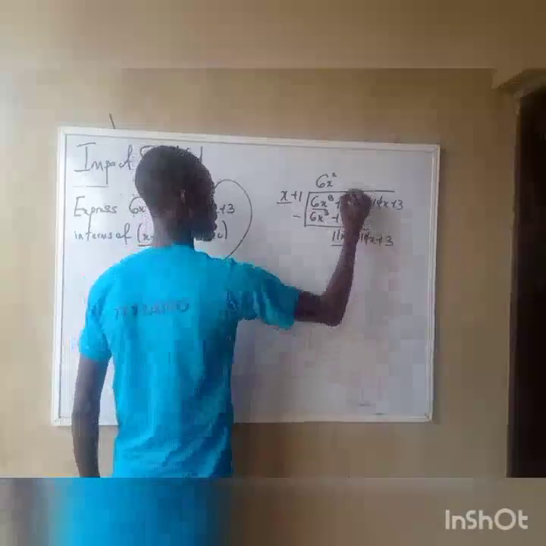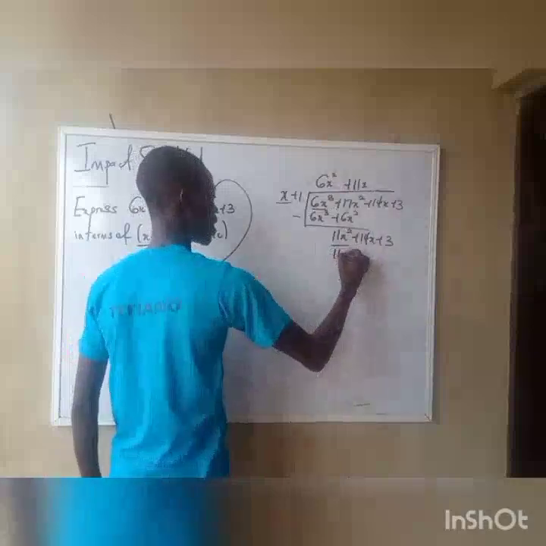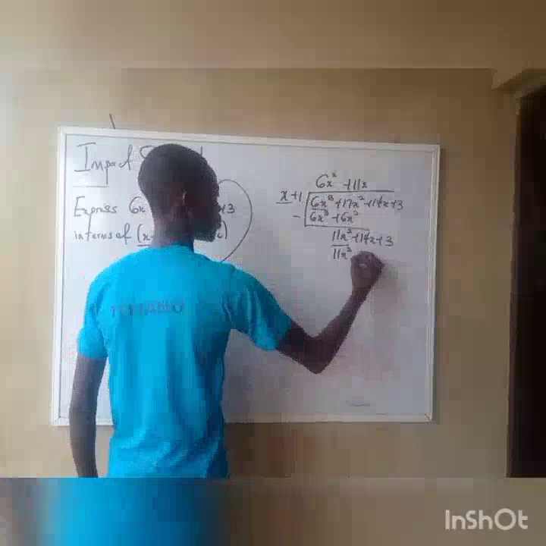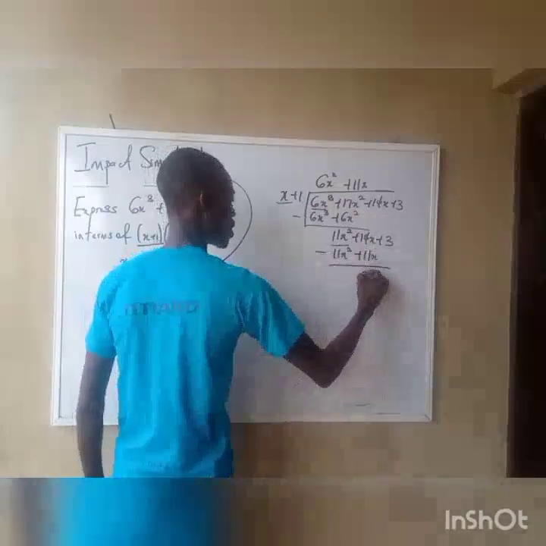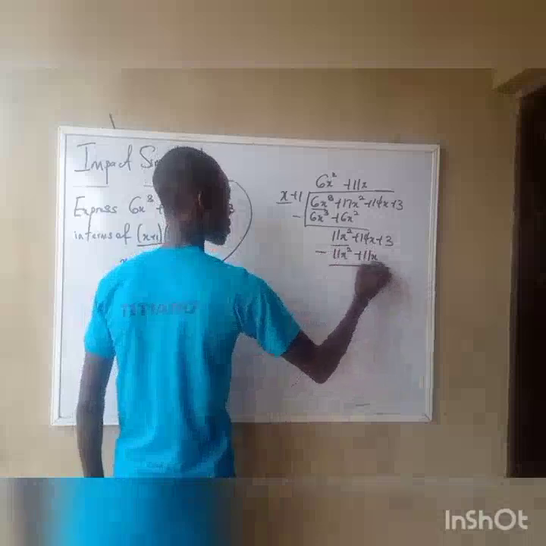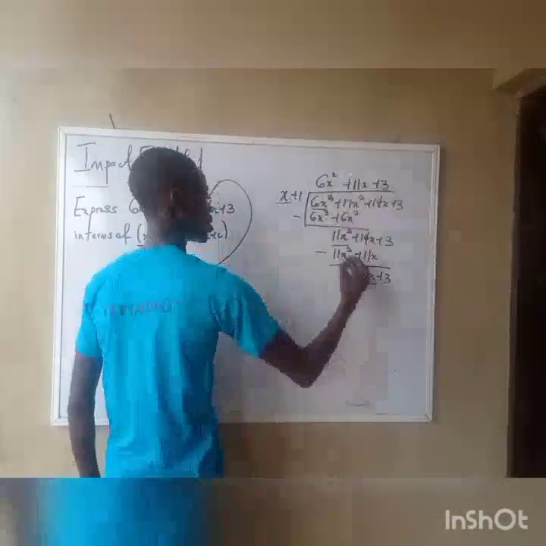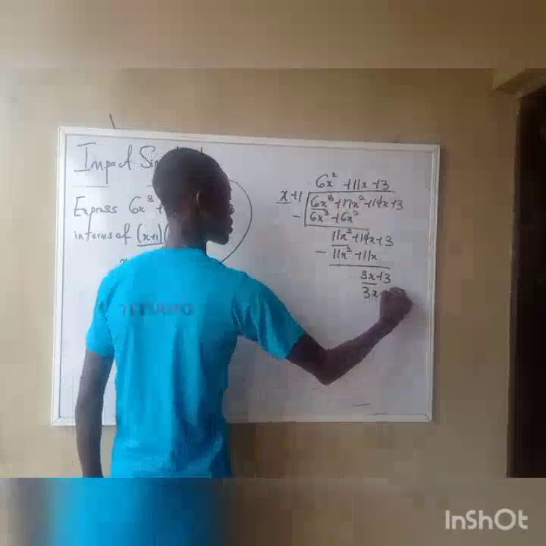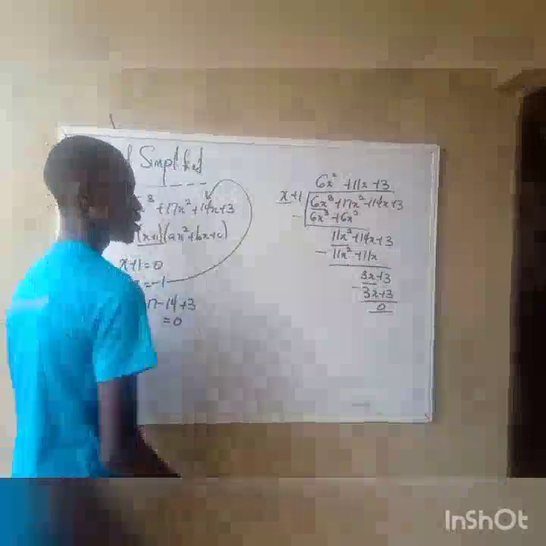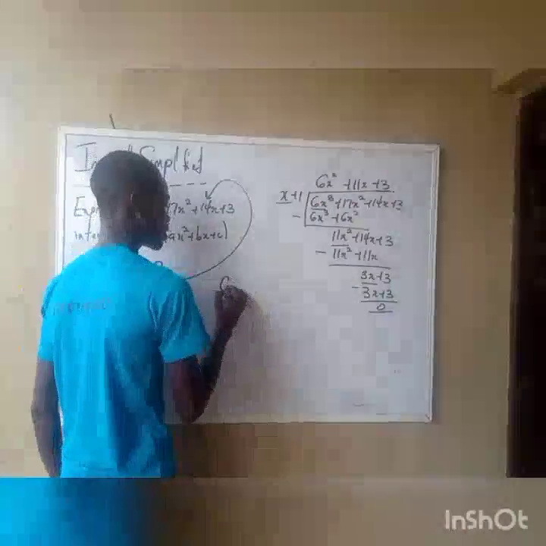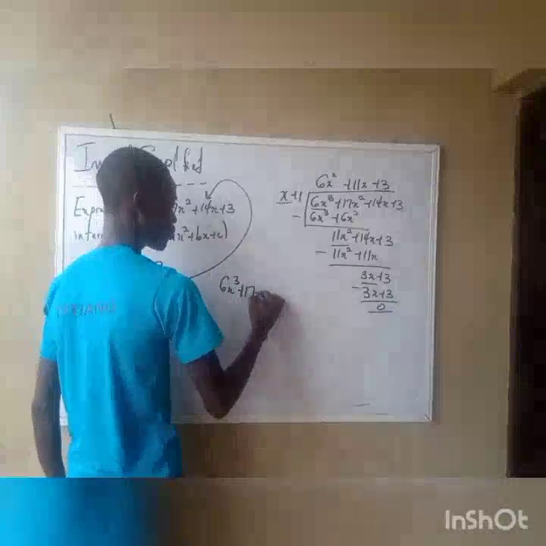X will divide this, and what do we have? 11x. 11x will multiply, what do we have? 11x squared plus 11x. And if you subtract, what do we have? We have 3x plus 3. X will divide this, what do we have? We have plus 3. This times this will give us 3x plus 3. And if you subtract, we have 0. That means since we are having the remainder as 0,